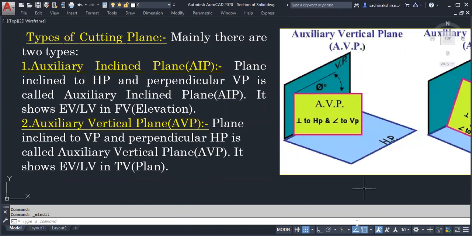At the beginning I told you that the object or solid will be cut by such a plane. What will be the property of that plane? That plane will be perpendicular to one of the reference planes and it will be inclined to the other reference plane. So what is an auxiliary inclined plane?